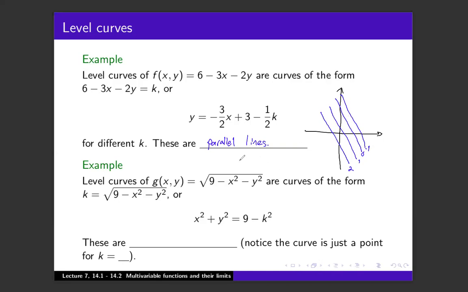So what about the graph g(x,y) equals the square root of 9 minus x squared minus y squared? Those level curves are going to be of the form x squared plus y squared equals 9 minus k squared. And if you think about what those are for a second, those are concentric circles, and the radii of these circles,